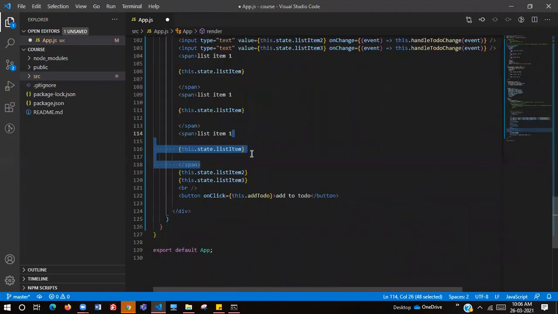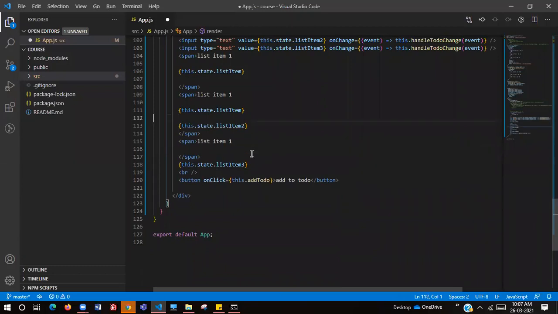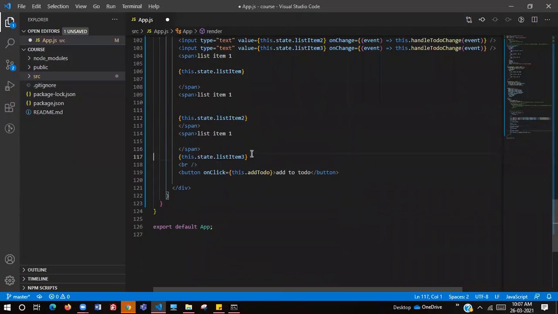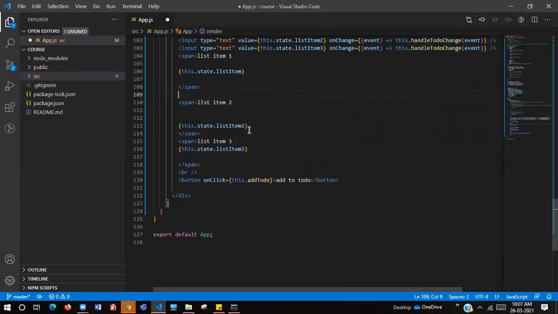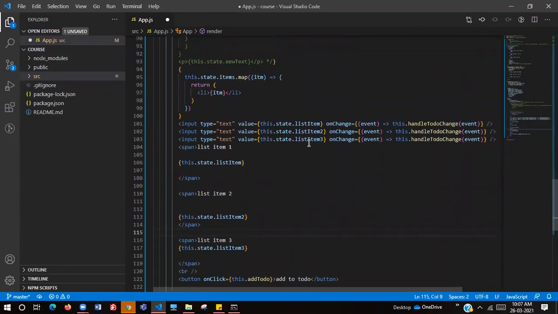Now let's just cut this. Let's just cut this, and it is two. This is the third one, and this is the second one. Now I'm just doing this so that we can have a view when we change them. How we can have a look at them. So how do we change?